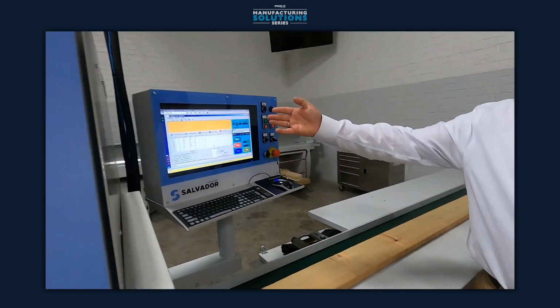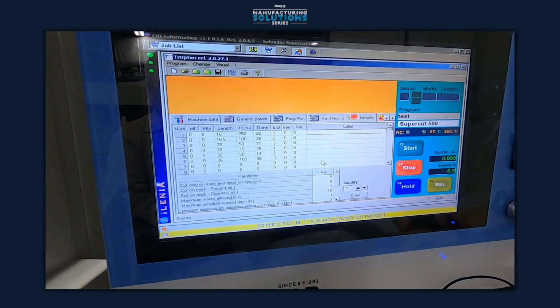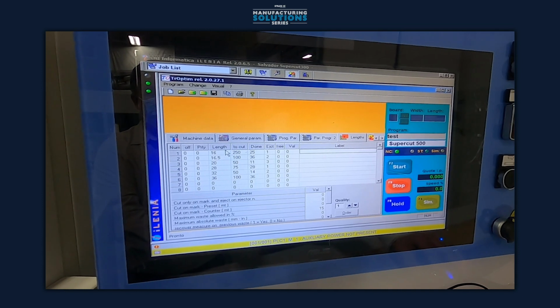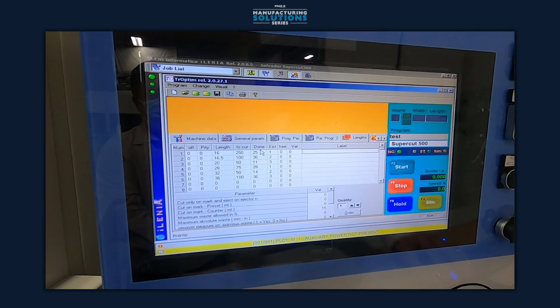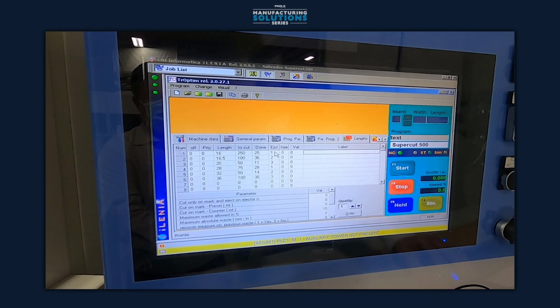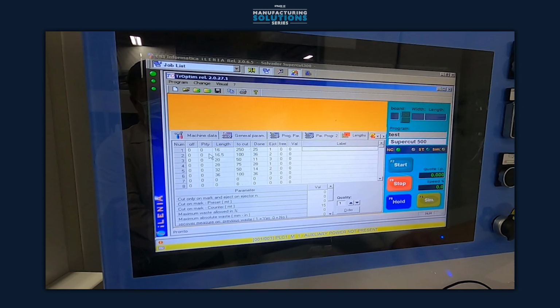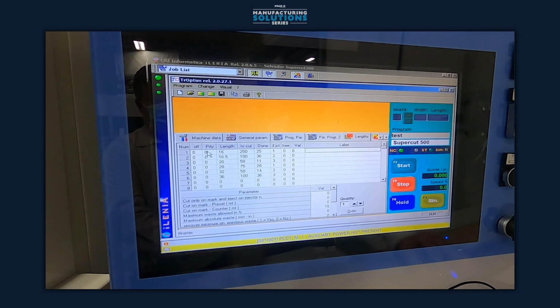So once we do that, we'll take a look here at our cut list. So now I've got the length programmed into the machine. Here's my lengths. I've got the amount that I would like to cut for each one of those lengths. I've got the amount done, and we assign that length to an ejector. In this case, we want to make 16 inches a higher priority than 16.5 because I need 250 of the 16-inch long